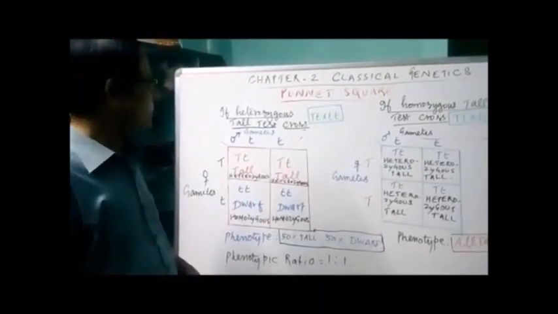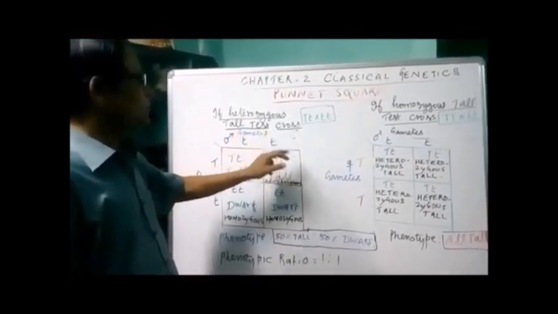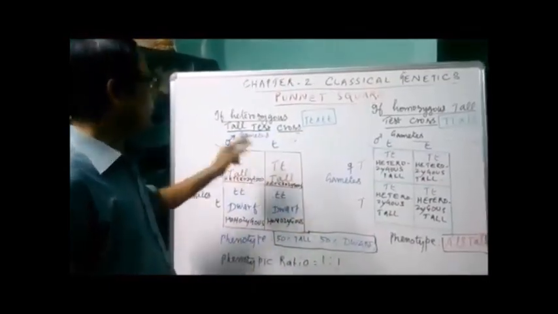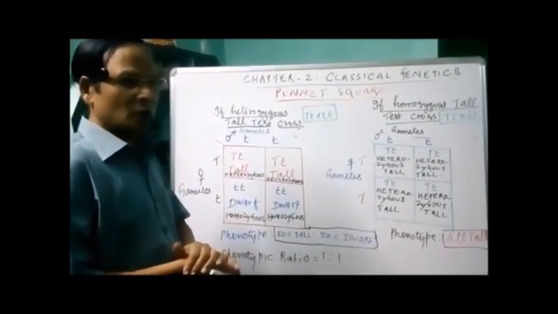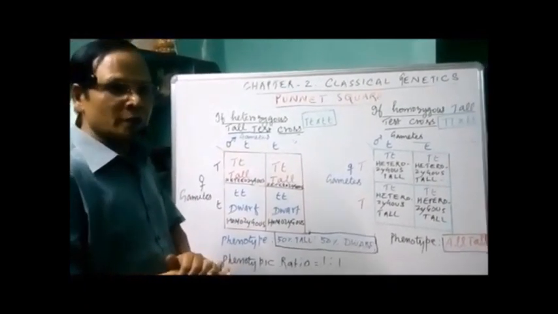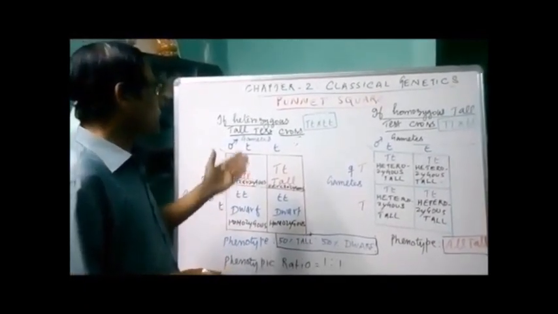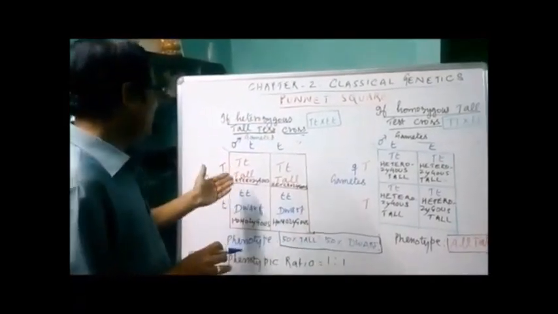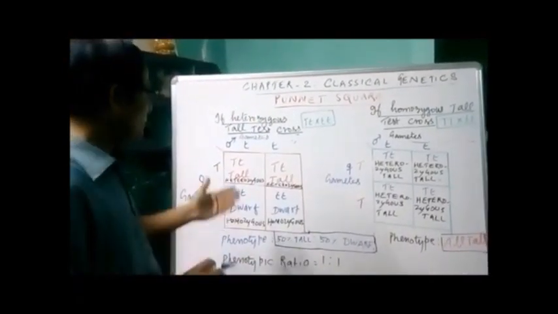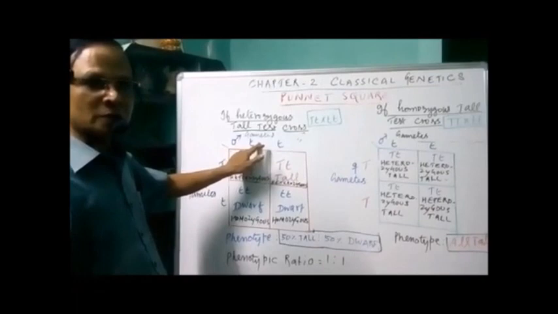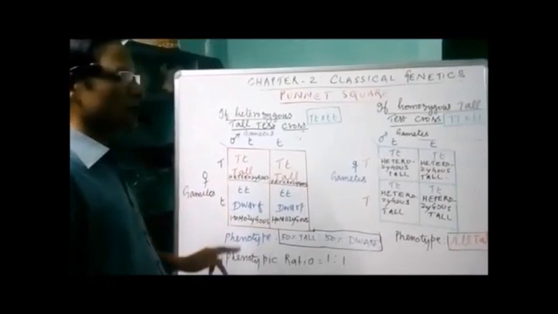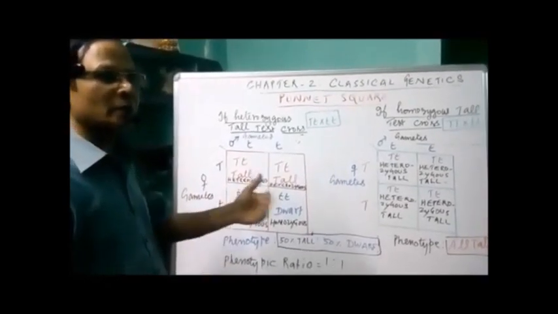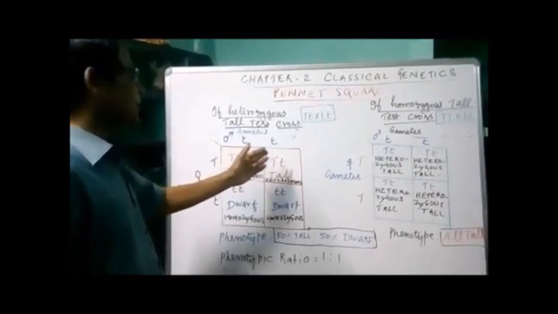We can express both the heterozygous tall test cross and the homozygous tall test cross in a Punnett square. So the test cross is used clearly to identify and predict the genotypes and the phenotypes of the offspring. Now here I am taking the Punnett square. As we have the probability of 4 individuals, I am taking the male gametes with the recessive allele on one side, and the female gametes with the dominant allele and recessive allele, because we are taking the parent as hybrid or heterozygous. Now what are the results obtained here?